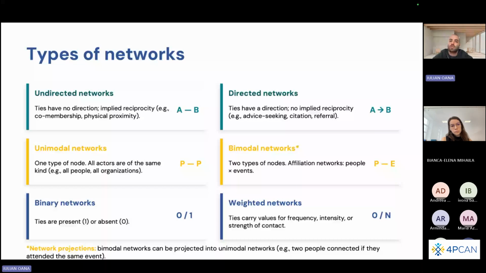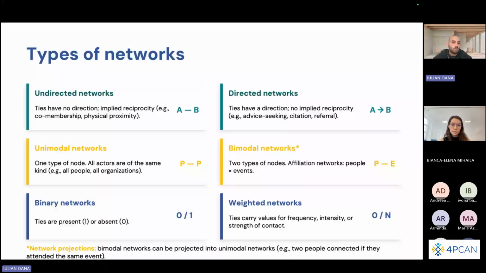However, if we have directed networks where there's no implied reciprocity, so reciprocal ties can exist, but they are not obligatory, here we're not dealing anymore with simple lines, but we're dealing with arrows, either one-headed arrows or double-headed arrows for bidirectional ties. But here we have this presence of these arrowheads. Secondly,